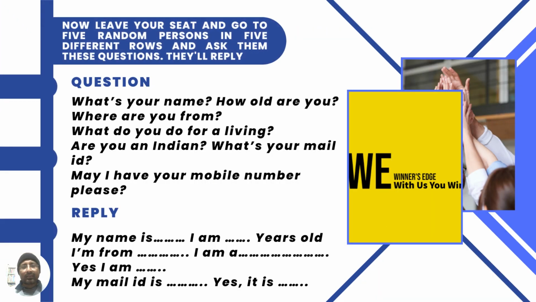Now there's an exercise. I hope you have someone around you. Better if many persons around you. I use this activity in the classroom in sessions. So we have many people around. Sometimes they know one another, sometimes they do not. So the idea is for one person, for each person ideally. We begin with one first. Volunteers. So the first volunteer gets up, leaves his or her seat, goes to 5 random persons, asks them these questions, and the replies are of course there for them to give, the person to whom the question is asked.